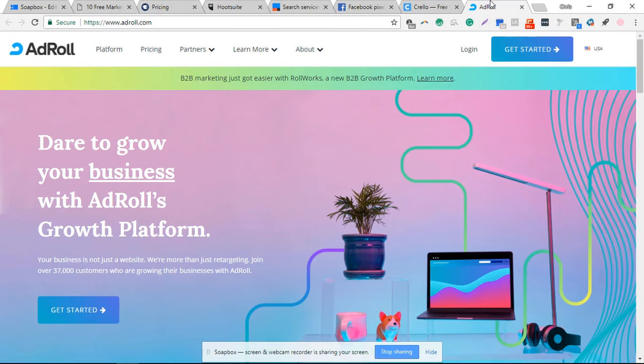Okay, so the next one, AdRoll. AdRoll is a retargeting tool, and that's kind of like Facebook Pixel. We just talked about Facebook Pixel. It's almost the same thing, but it's for Google search. People that hit your website, you will come up again on Google search. And not only on Google search, but all the places that Google runs their advertising network. And that could mean CNN, MSNBC, Fox News, just about anybody and everybody uses the Google advertising network.